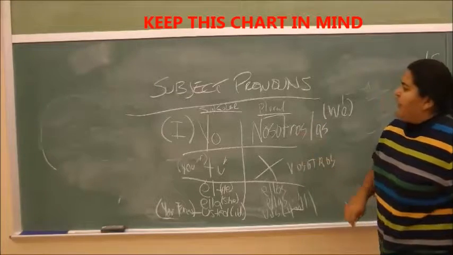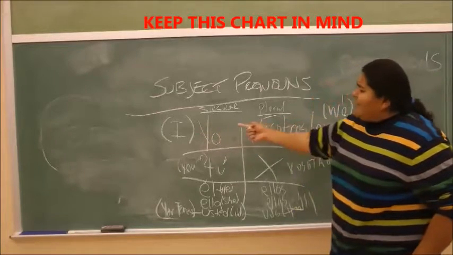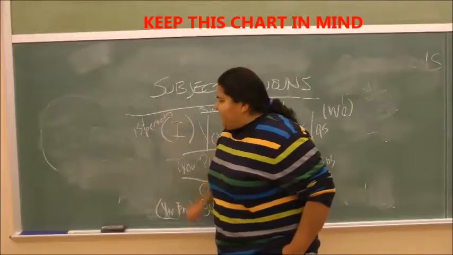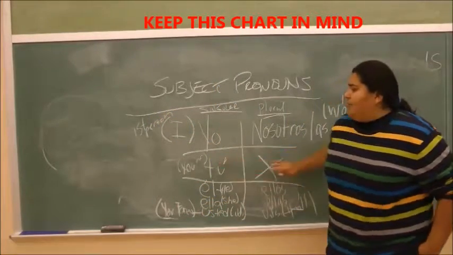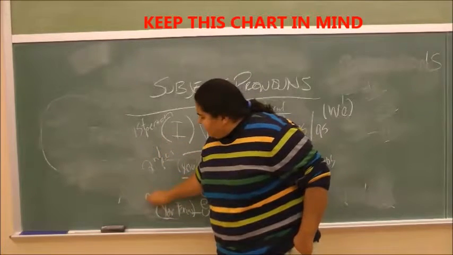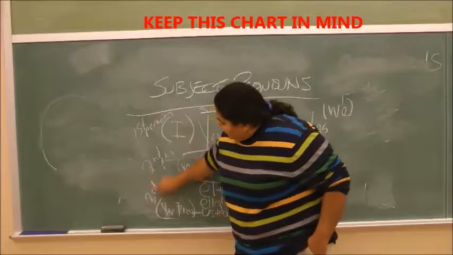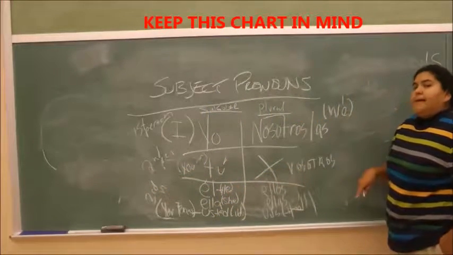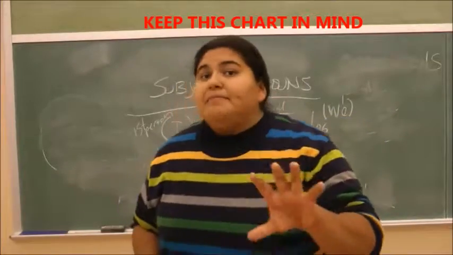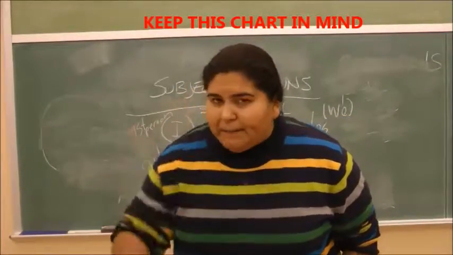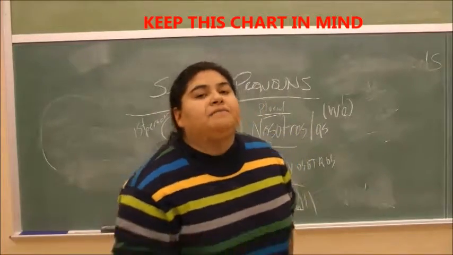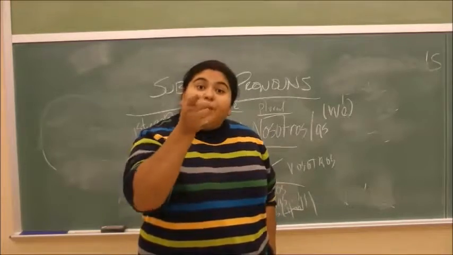And so notice here, anything that I have going this way will be called first person, primera persona. Anything that I have going down this way will be called segunda persona. And anything that I have going down this way would be third person. Okay. But notice here, I have said but. There is something that you should know. There is a trick behind this. In real life, don't tell anybody. This is our secret. In real life, okay,